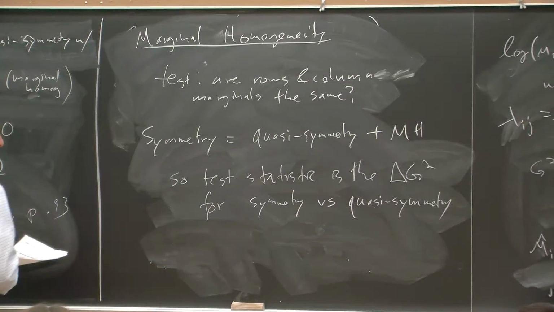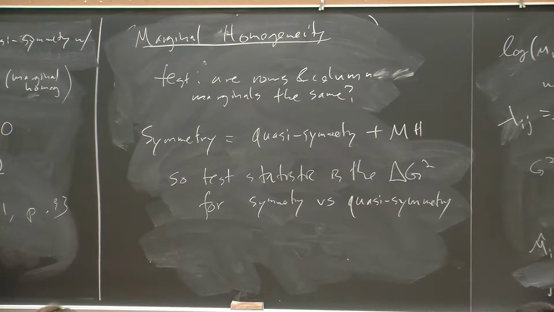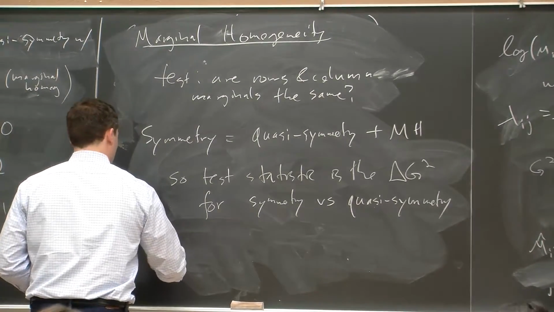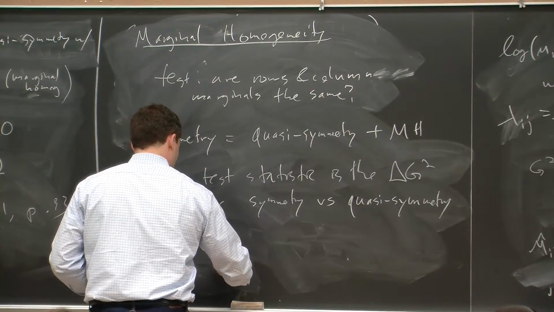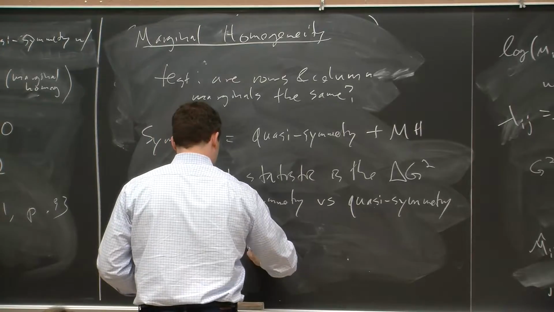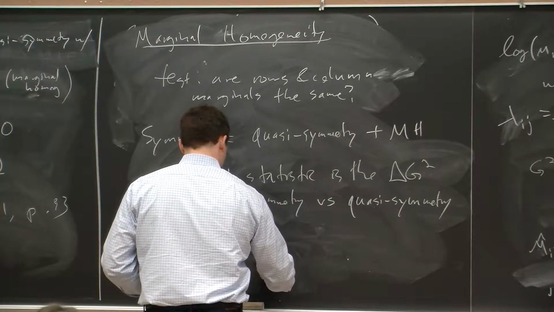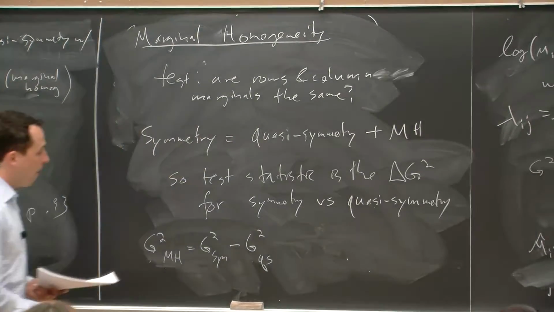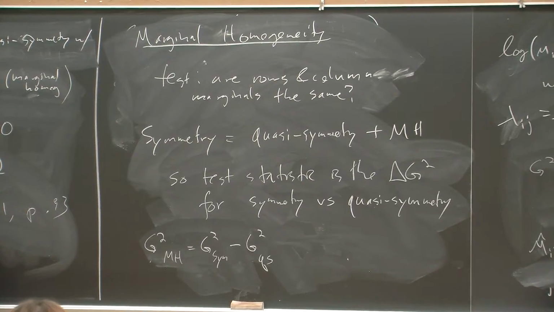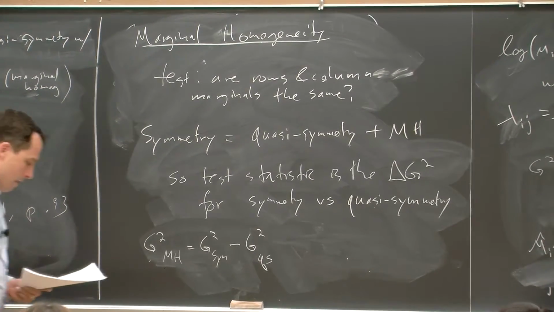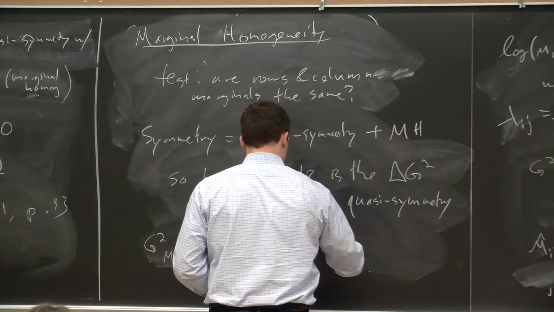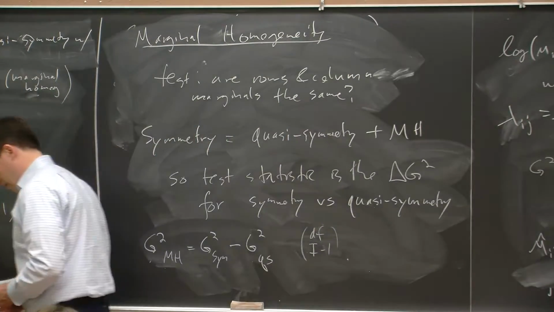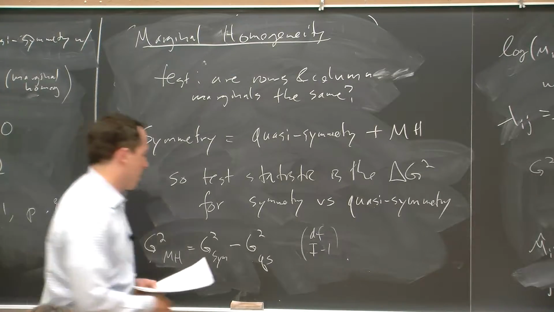Symmetry versus quasi-symmetry, the delta G squared. So our delta G squared for marginal homogeneity is just the G squared we get from fitting the symmetry model minus the G squared we get for the quasi-symmetry model. And the change in degrees of freedom will be I minus 1. And so in our example,